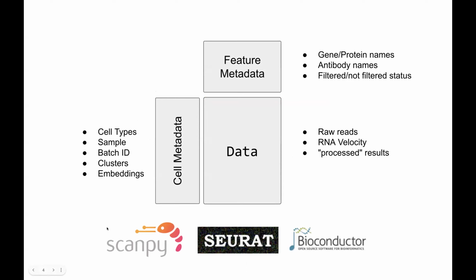In general, you get three main matrices. You'll get the data itself, so this will be a cell by gene count matrix or a normalized count matrix, the various results from the experiment. In addition to that data matrix, you'll also get cell metadata. These are annotations of individual cells that have been collected in the data set. These might be tissue of origin. After you've analyzed the data set, you might find that there are different cell types, so you can put clusters or cell type IDs on individual cells.